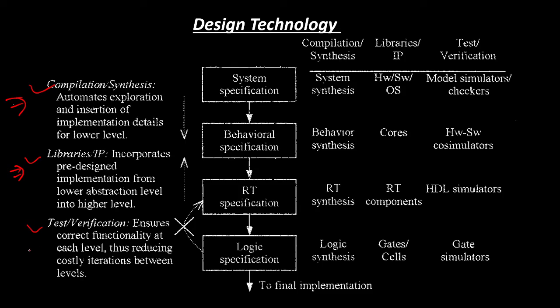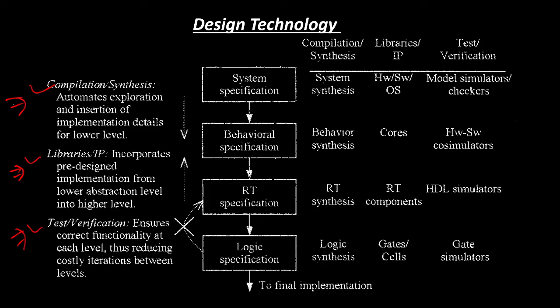Now coming up on test verification. Test verification involves ensuring that functionality is correct. Such assurance can prevent time-consuming debugging at a low abstraction level and iterating back to a high abstraction level. Simulation is the most common method of testing for correct functionality, although more formal verification techniques are growing in popularity. At the logic level, gate level simulators provide output signal timing waveforms given input signal waveforms. Likewise, general purpose processor simulators execute machine code.